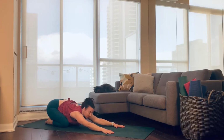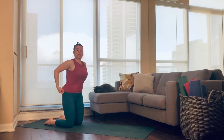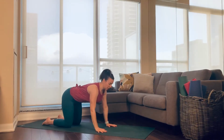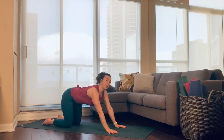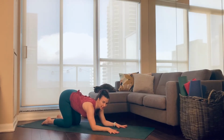Almost ready for our first circuit, guys. Let's make our way forward into tabletop. So first exercise of first circuit is pouncing push-ups. So we're gonna walk the hands slightly forward, like a palm's distance forward in your tabletop, and bring your elbows down to the mat. And I do want you to channel like a